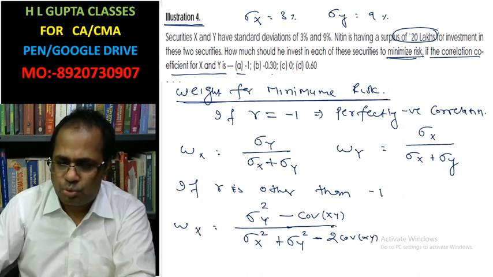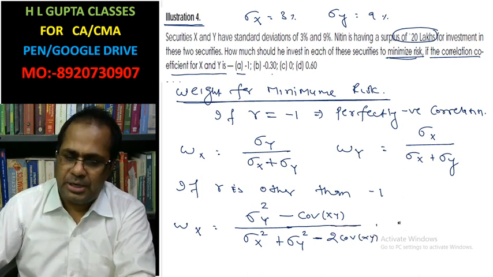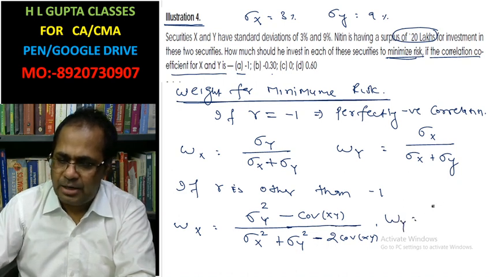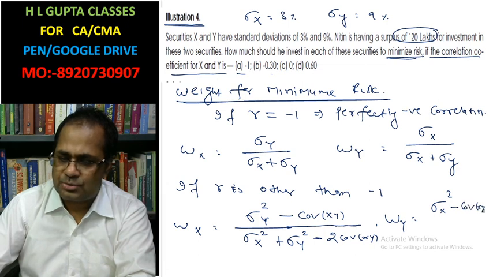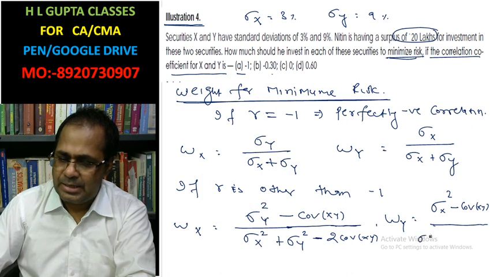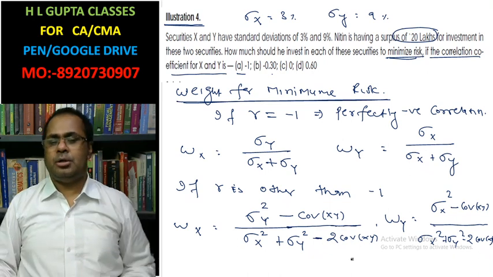Similarly, weight Y equals the standard deviation of X squared minus covariance XY, whole divided by the standard deviation of X squared plus the standard deviation of Y squared minus 2 covariance XY. Okay. Now,